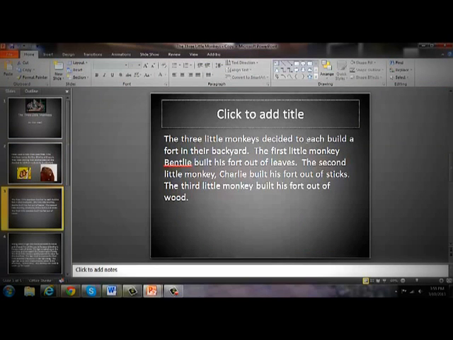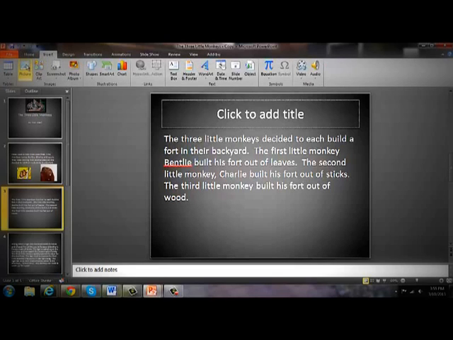The three little monkeys decided to each build a fort in their backyard. The first little monkey, Bentley, built his fort out of leaves. The second little monkey, Charlie, built his fort out of sticks. The third little monkey built his fort out of wood. So what I want to do is come back up to Insert, and I want to click on my picture,